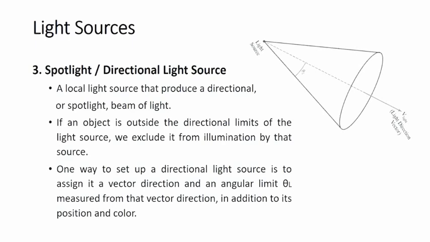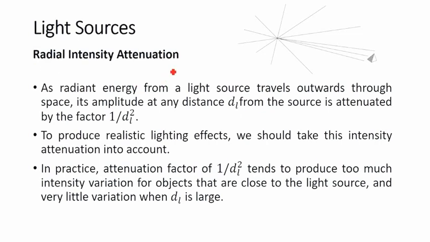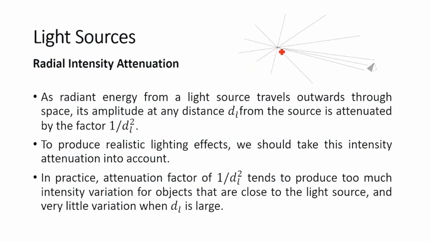We can classify this intensity attenuation into two types. The first type is radial intensity attenuation. This is basically the example I gave with respect to the sun. When the light traverses a certain distance, as the distance increases from the source to the destination, the intensity attenuation takes place, and thereby the light intensity gets reduced. The radial effect comes into picture here.